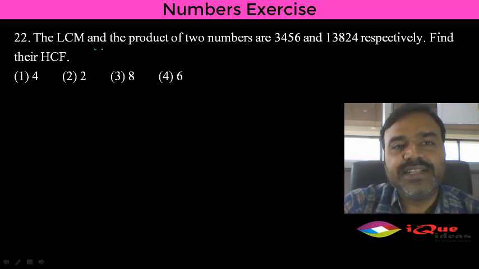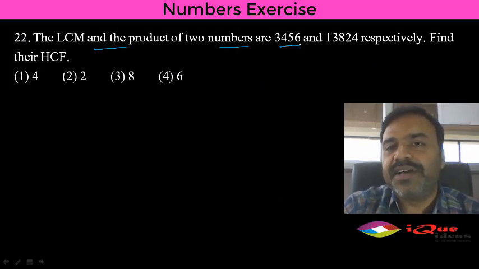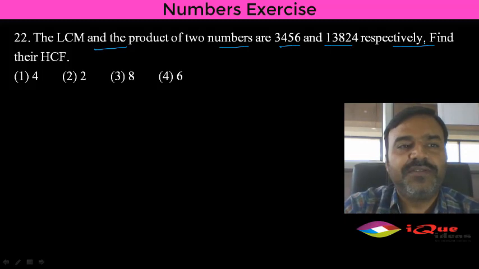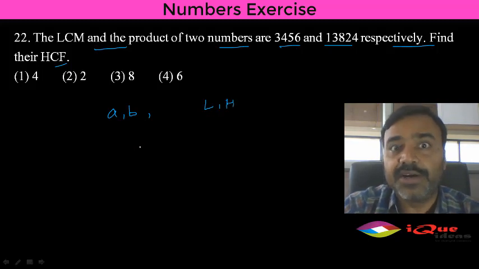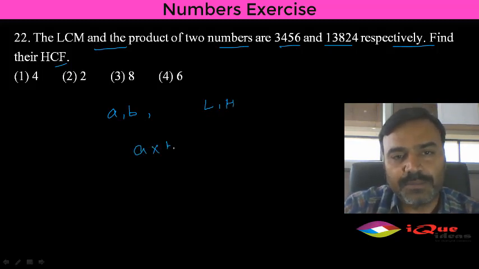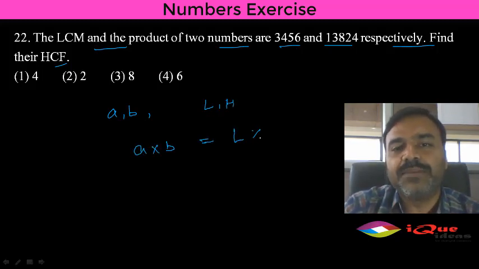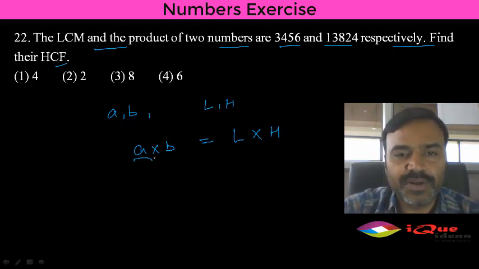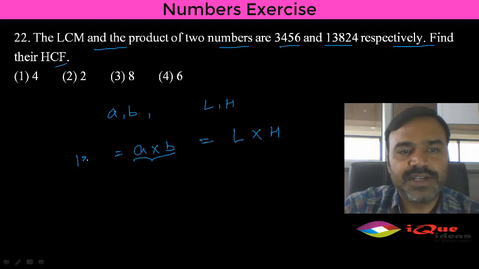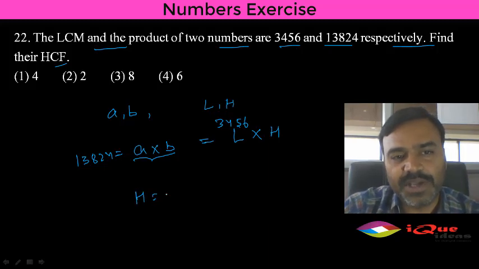Now the next question says the LCM and product of two numbers is 3456 and 13824 respectively. Find their HCF. This is a direct question. If there are two numbers A and B and their LCM is L and HCF is H, then there is a direct rule which says the product of numbers is equal to the product of LCM and HCF. That's it. This is the only thing that you need to apply. Here the product of numbers is already given, that is 13824. LCM is already given, that is 3456. So the required HCF will be equal to